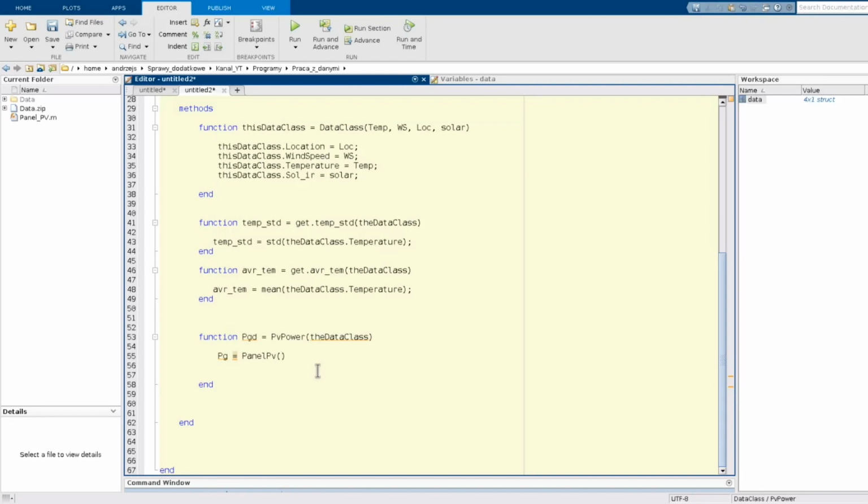Okay, so I need to call fields of my object, so the data class dot solar irradiance, then, and I'm so sorry, I remember that I also need to transpose this vector, which is just because of the structure of code of this function.